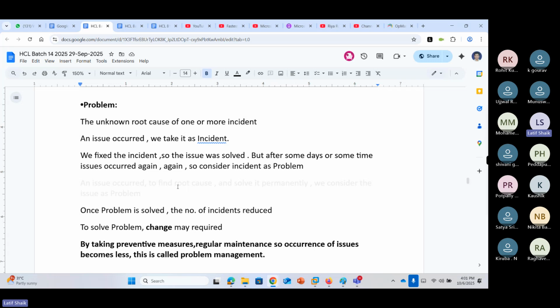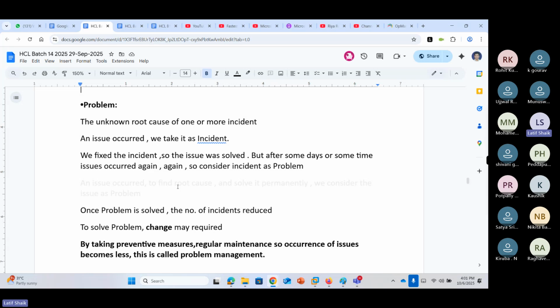But what is problem management? In problem management, problems don't occur directly. We should consider an incident, either one incident, multiple incidents, or multiple similar types of incidents, as a problem. Guys, in problem management, two parts are there. Part one is this: you got an incident, either one or multiple similar kinds of incidents. Sometimes one issue occurred, we resolved it, and we got it again after some time or some days.